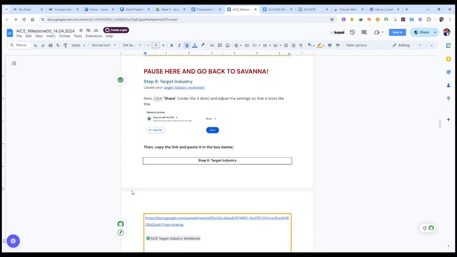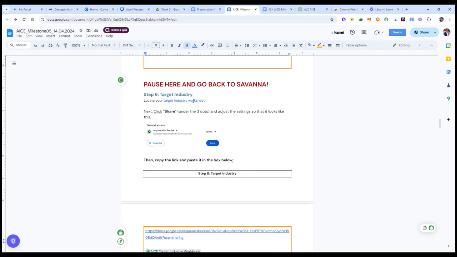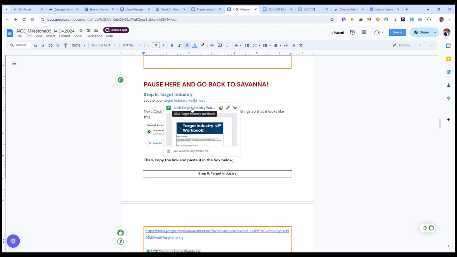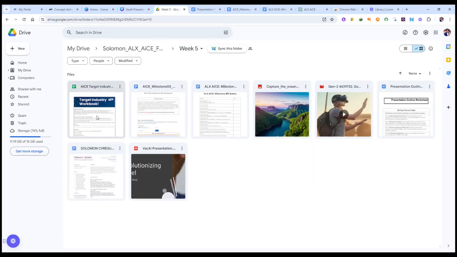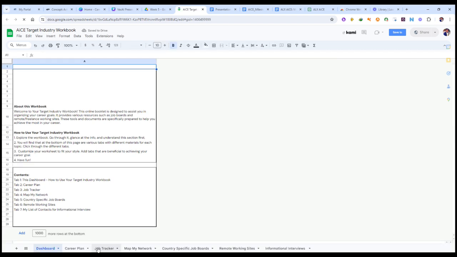All right, so your target industry is a worksheet that you need to download. I'm just going to click on it here, and then to open, and then I have to make a copy. But because it's here already, I made a copy. I'm just going to open this document from here. And then in this target industry section,